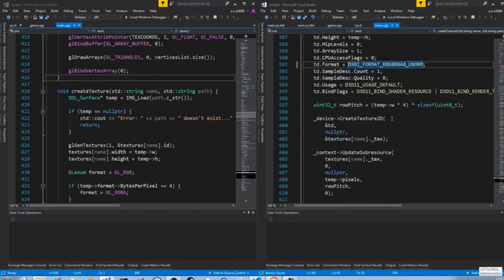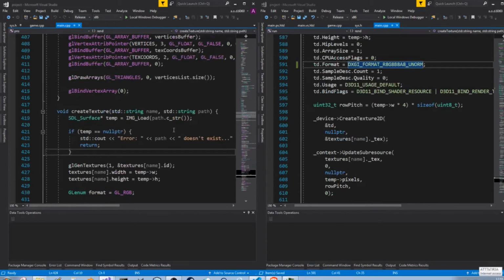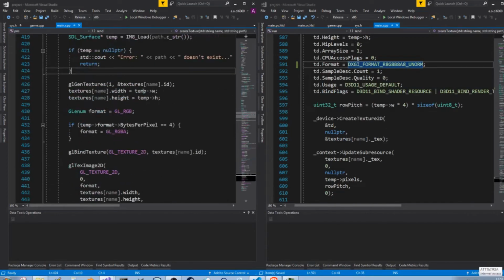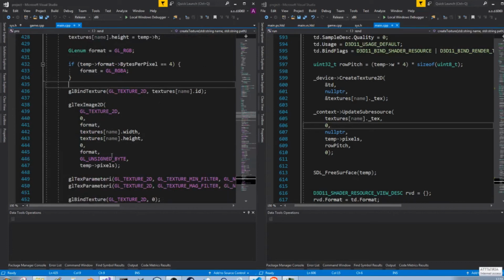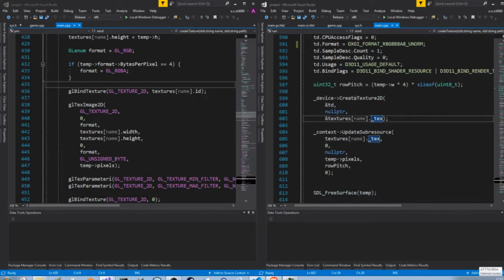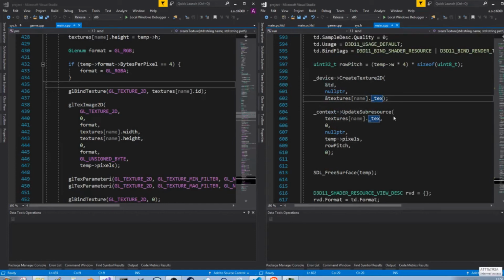As you can see, it does roughly the same thing. You're using STL to get the image information, and then you update. In OpenGL you're generating the ID, which is creating an object, and then you upload the information using glTexImage2D, whereas in Direct3D you're doing the same thing. You create the texture object using the CreateTexture2D method, then you update the resource using UpdateSubresource, which